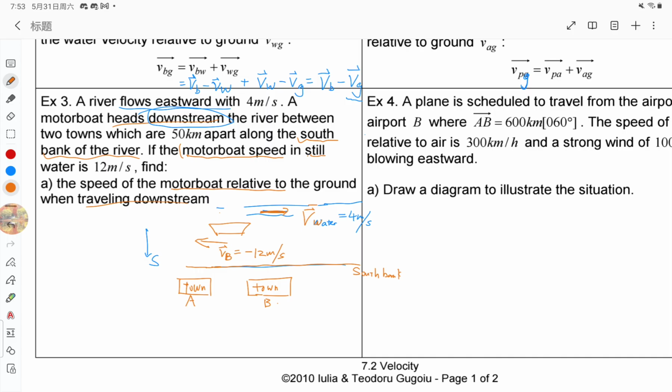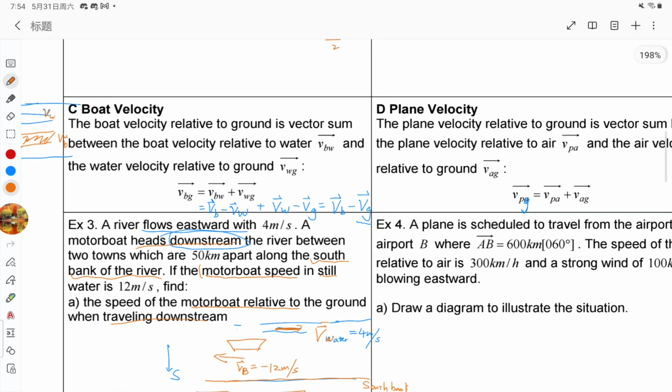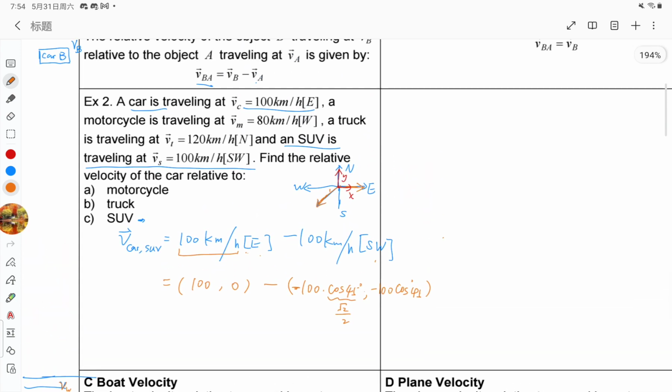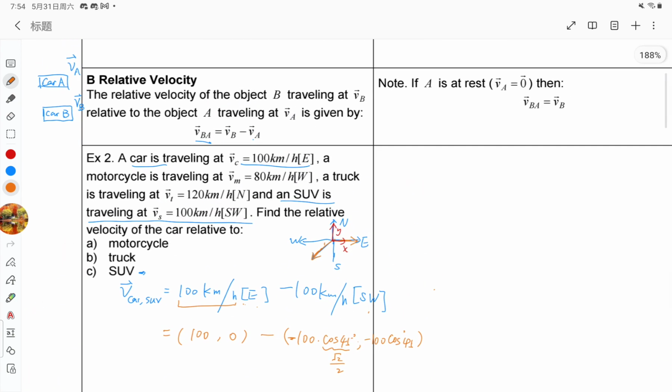Yeah. So if we are plugging in the definition, the speed of the boat relative to the ground, okay, let's see, the speed of the boat relative to